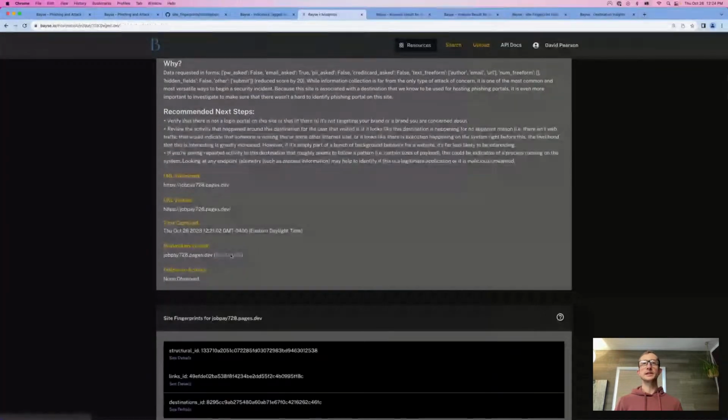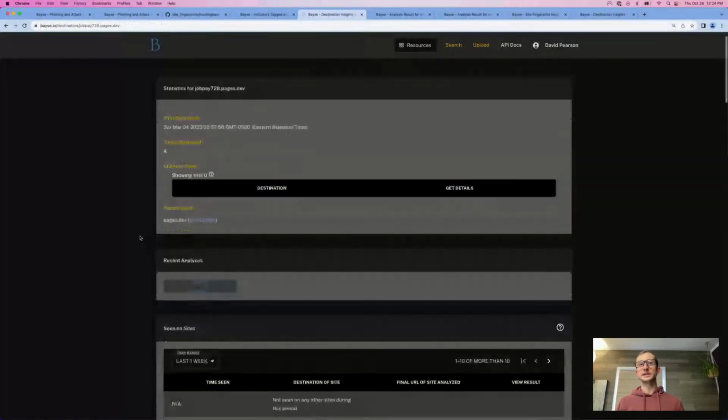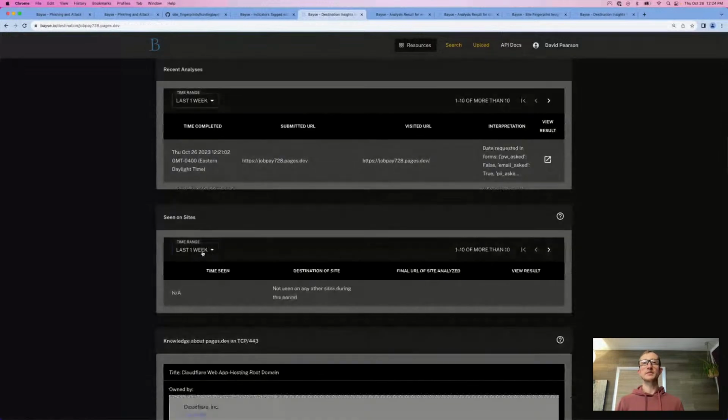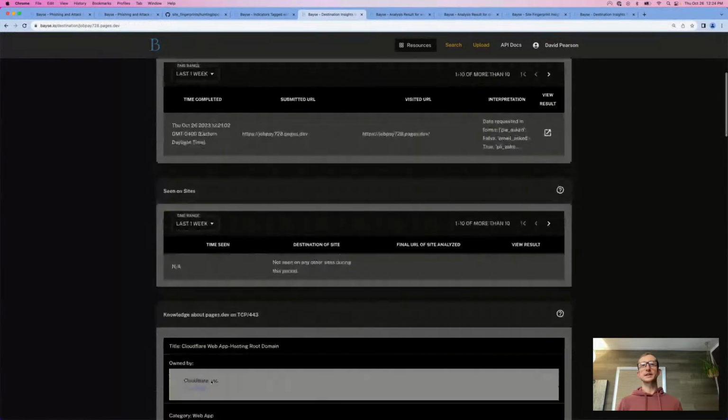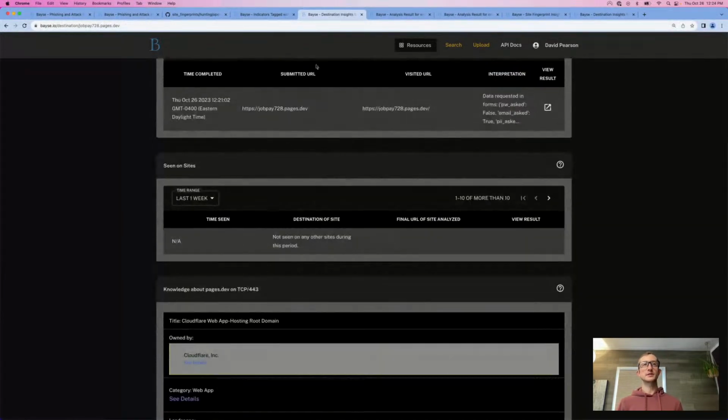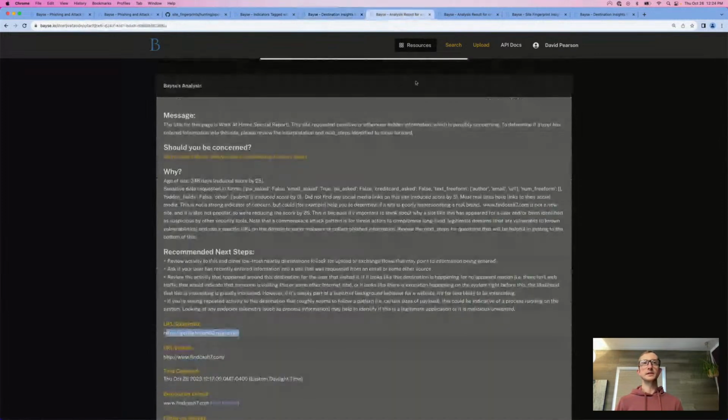So if we did a scene on sites over here, we'd probably not get any, right? So we've not seen it on any other sites, but we have seen it here as part of the analysis. And like I said, it's Cloudflare's web app hosting root domain. Whereas over here,